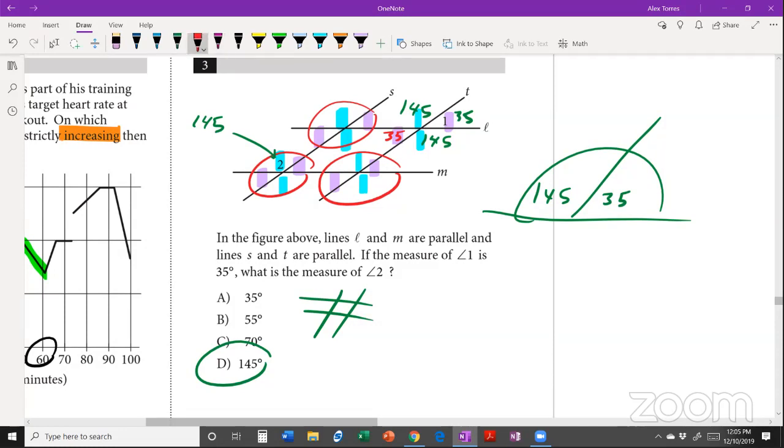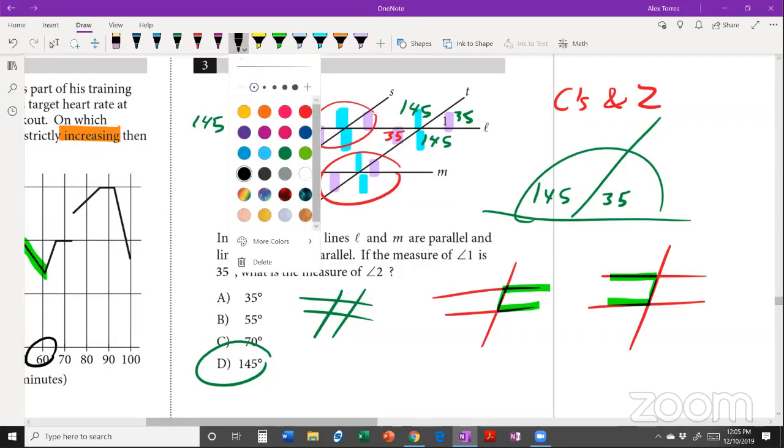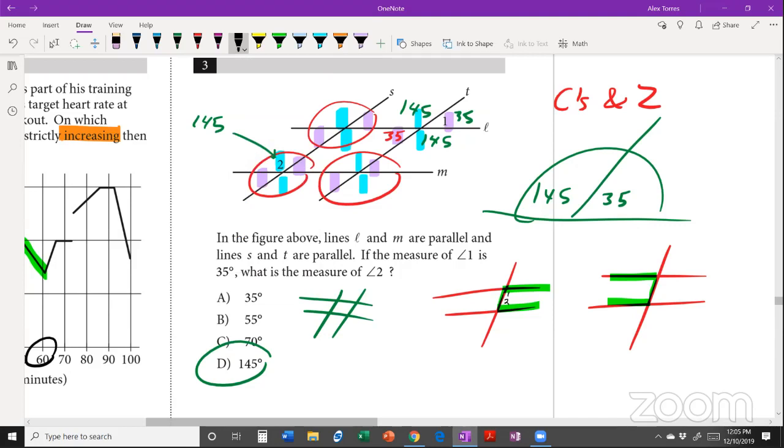Another note to make about parallel lines is that for parallel lines, we're looking for C's and Z's. So what we mean by that is, if I have the letter C or a backwards letter C, in that situation, the 2 inner angles there, angle 1 and angle 2, or angle 3 and angle 4, the measure of angle 1 plus the measure of angle 2 equals 180. Or the measure of angle 3 plus the measure of angle 4 also equals 180. So that's if you have a C shape. Now, if you have a Z shape,